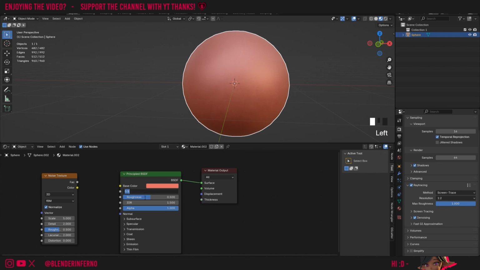For now, I'm going to change it back to 0 so we can explain the next parameter, but we'll be touching on metallic a little bit more after. I'll set this to 0. Next up, we've got roughness. Roughness is essentially a parameter which allows you to control the clarity of reflections. Right now it's in the middle, so it's not a super reflective material, but it's not a super rough material either. So if I set this to 0, you can see that we can see a lot of reflections of